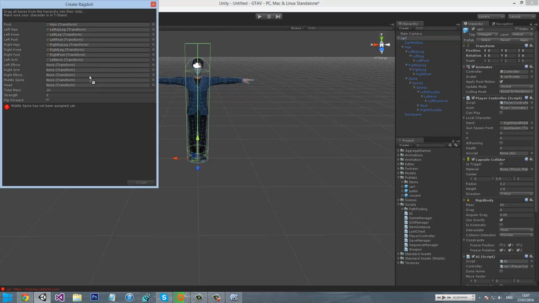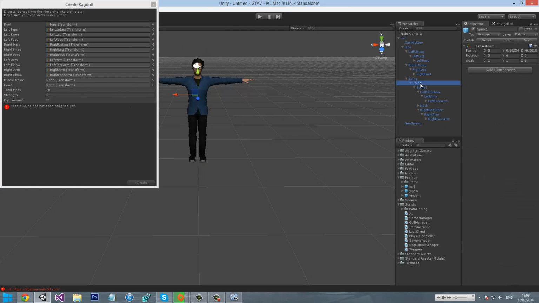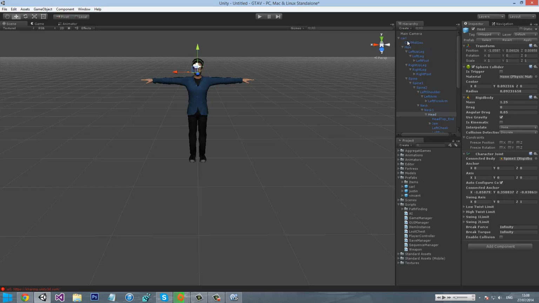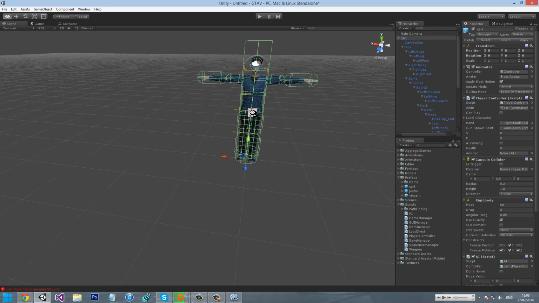Left elbow will be left forearm, and then right arm will be right arm. Right elbow rather will be right forearm. Middle spine will be spine 1, and head will be head. And just leave everything else as it is, and then hit create, and you'll see that there are colliders